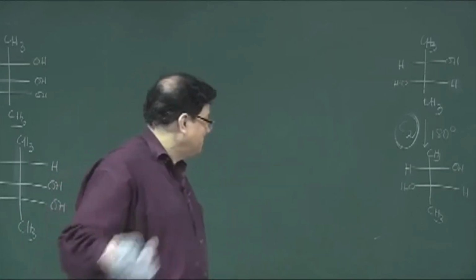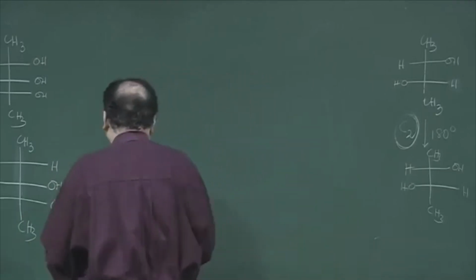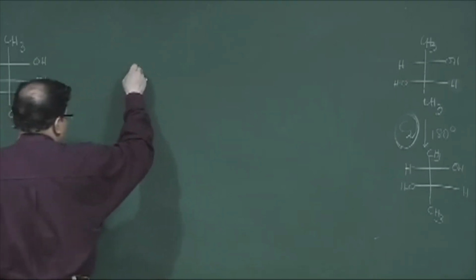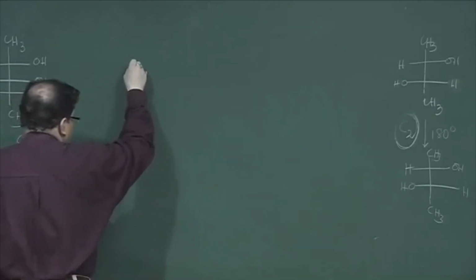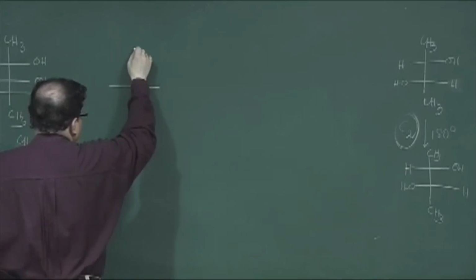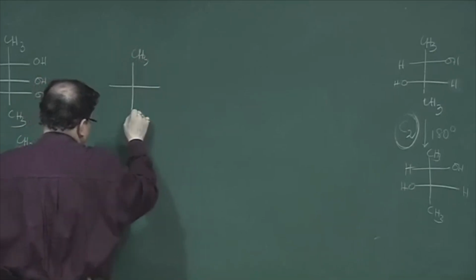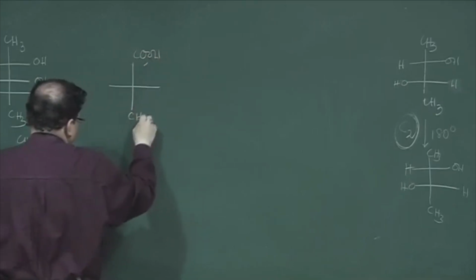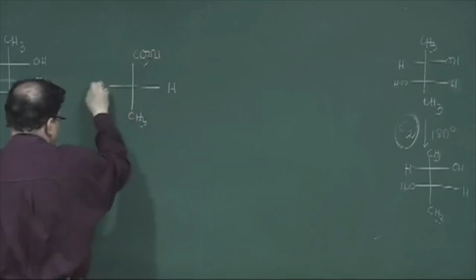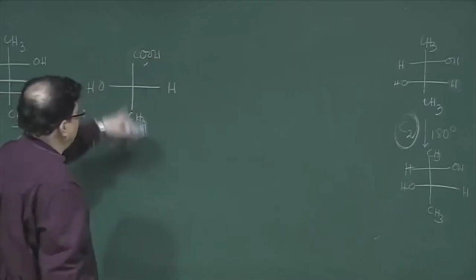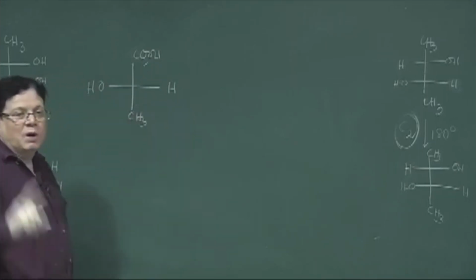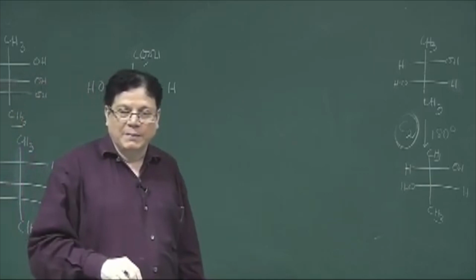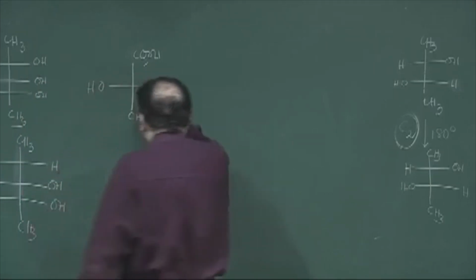Like, suppose this is what is called, maybe tartaric acid, no, this is lactic acid, with CO2H, CH3, OH and H. This is one particular form of lactic acid. Now, this carbon